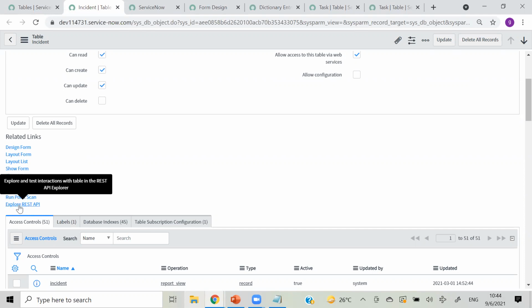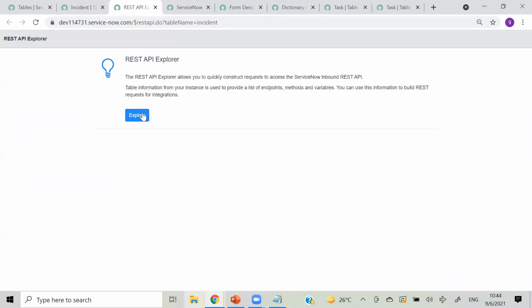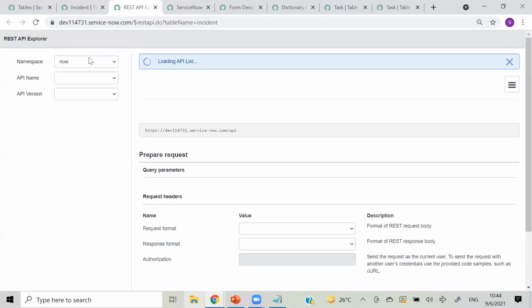And then we have explore REST API. In ServiceNow, creating REST APIs is very easy. We have to directly create on this, and an API will be ready for this table. So now I will click on explore REST API.